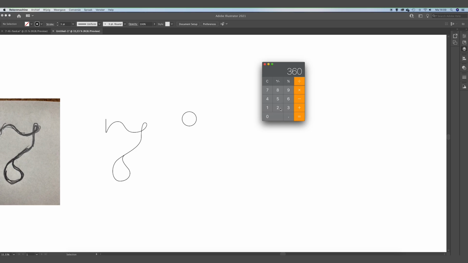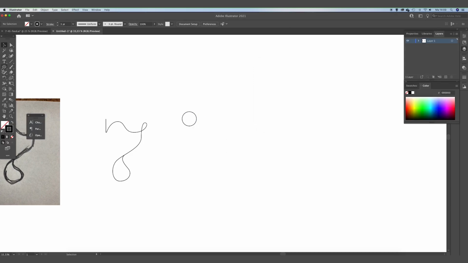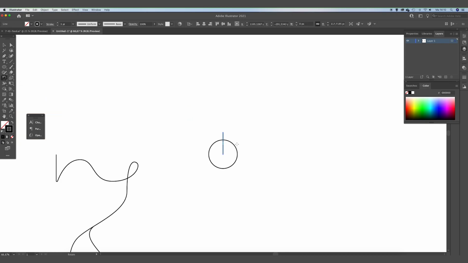So 360 divided by 16 is 22.5. Okay, so draw a line, click on the rotate tool and click on the bottom anchor point